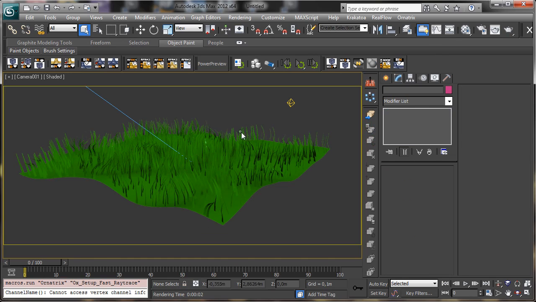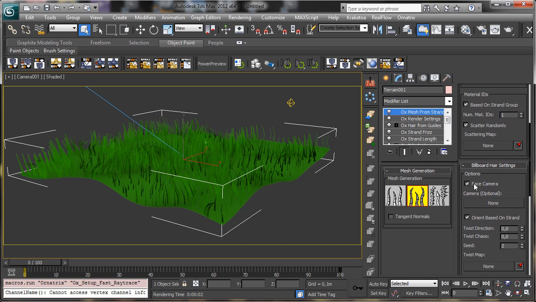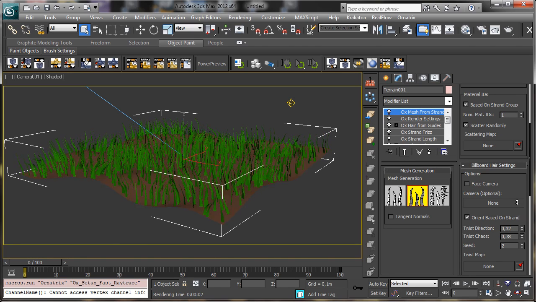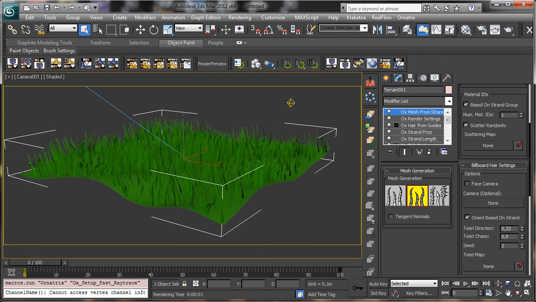And I like also to show you that you have complete control there over the possibility to have the face camera object based on strand, and you see we can rotate it and create curls for the twisting. So you see that everyone is rotated in another way,